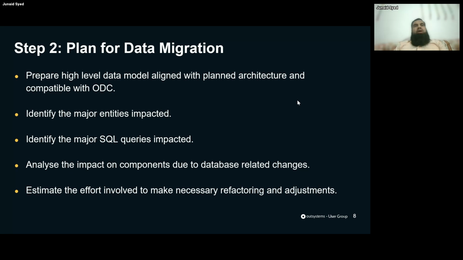So it is actually an opportunity for us, one, to adapt to the ODC framework. Second, it is also an opportunity for us to fix anything wrong with our data model which was there in O11. Yeah. So, if possible or if needed, please do consider the data model modifications as well,